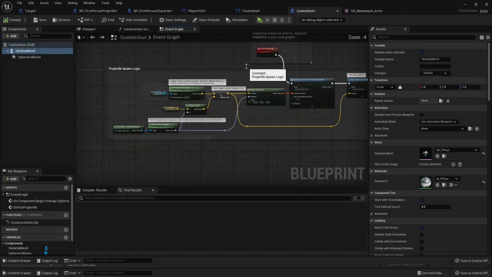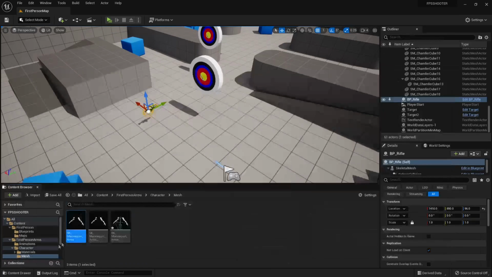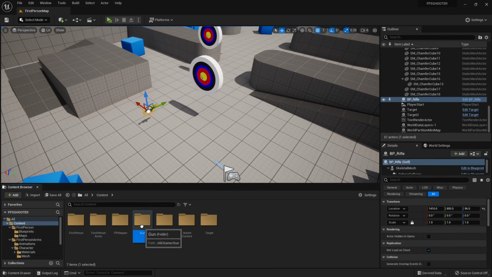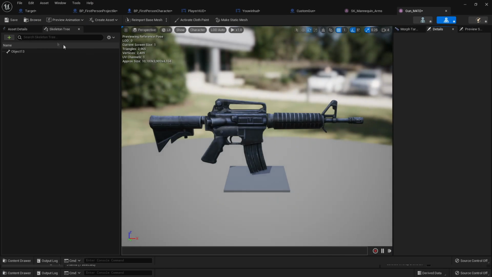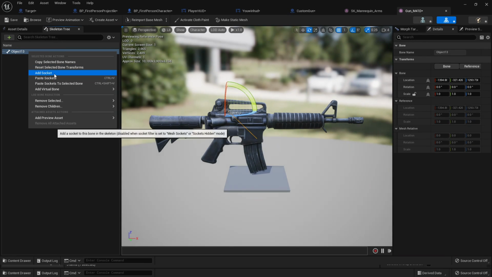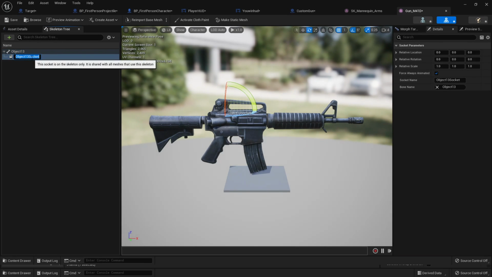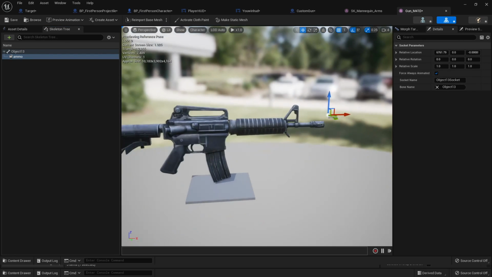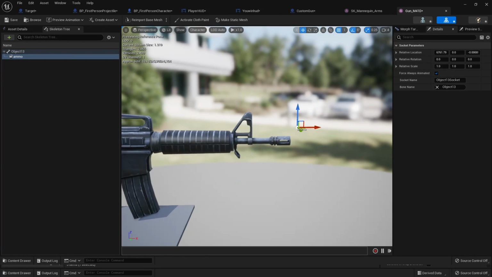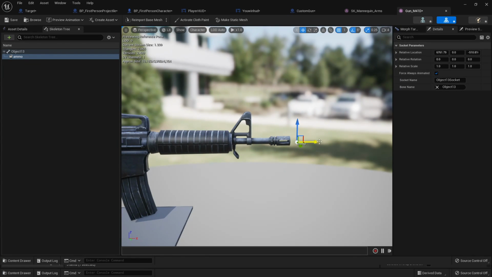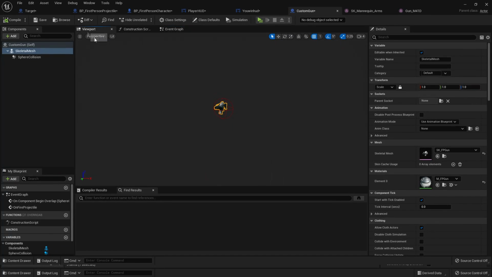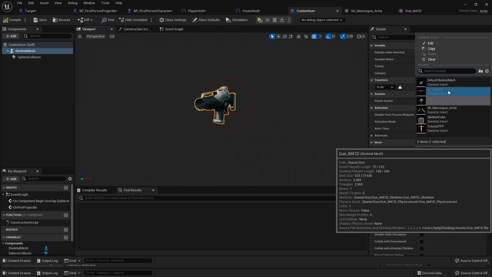So what we need to do for our gun model that we just imported is head over to its skeletal mesh, select it, and go add socket, call the socket ammo, and then just manually move this to where we want the ammo to fire from your gun. So just move this here, and just go save. And then if we go to our custom gun, and if I just change this to be my custom gun, it's very big,